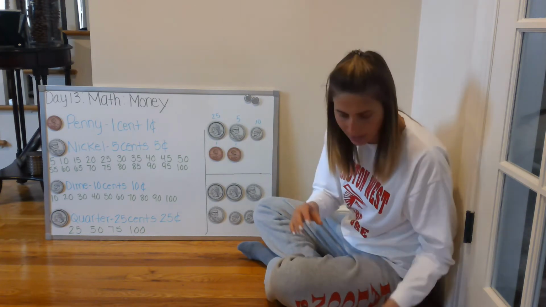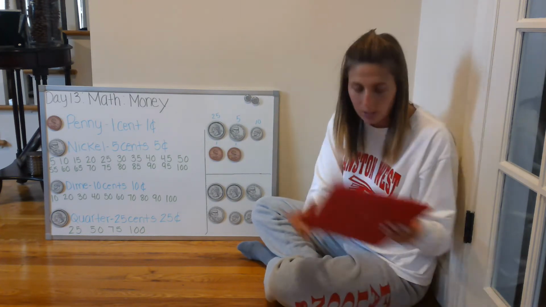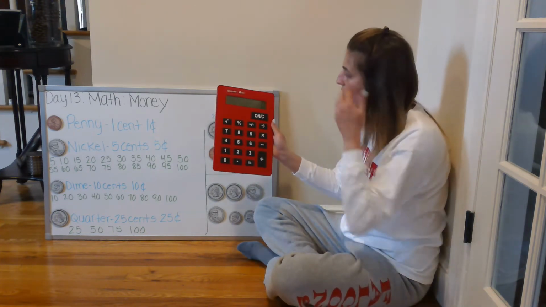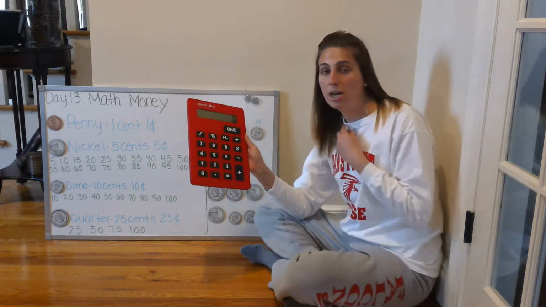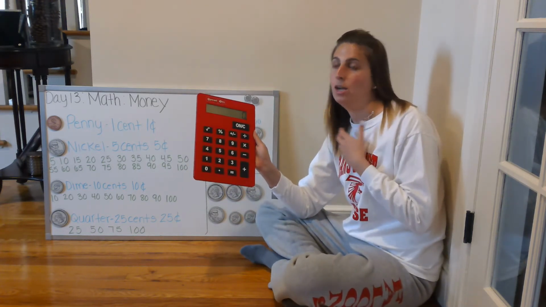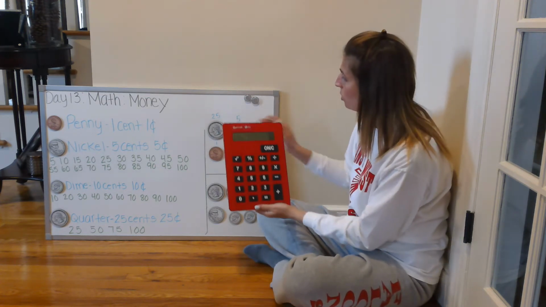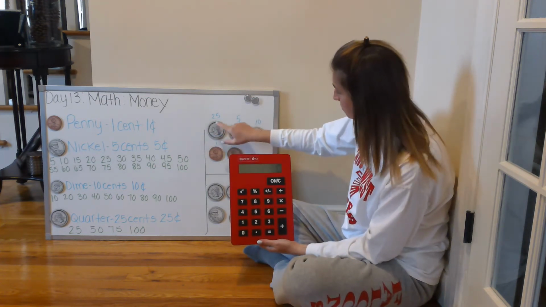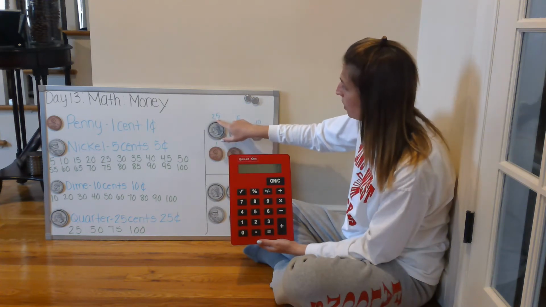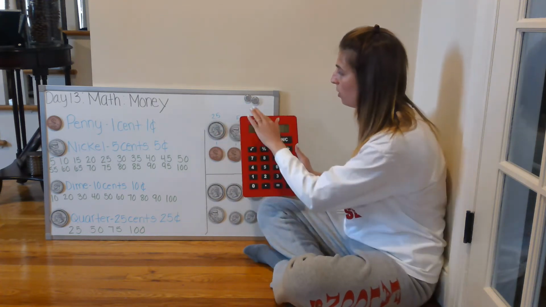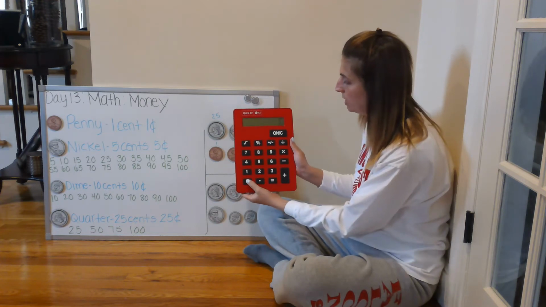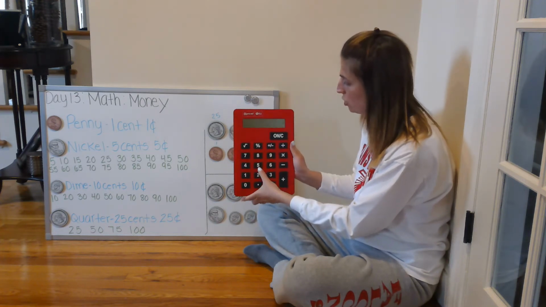So I'm going to take out my calculator. If you don't have a calculator, there also could be one on your Chromebook or tablet, and also on a cell phone if your parents will let you use it. So we're going to calculate, and we're going to start by putting 25 in our calculator. But remember, it represents, we're going to put 0.25